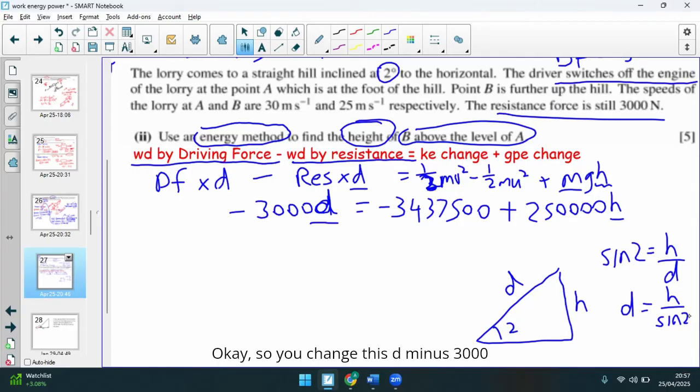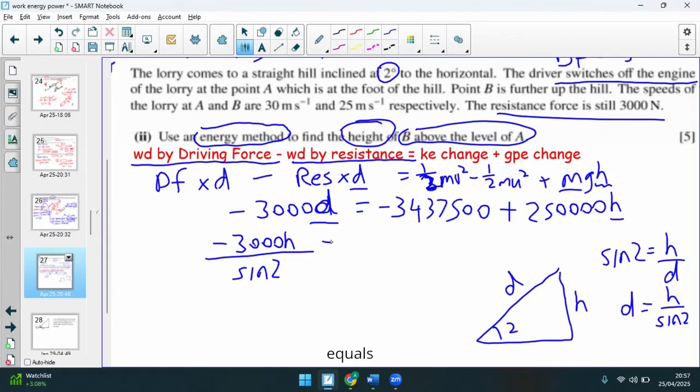So you change this: minus 3,000 h over sine 2 equals